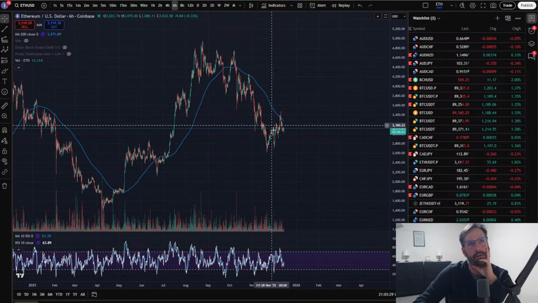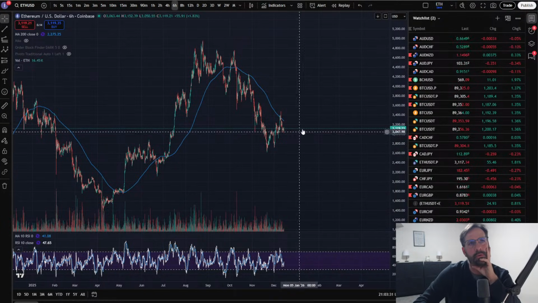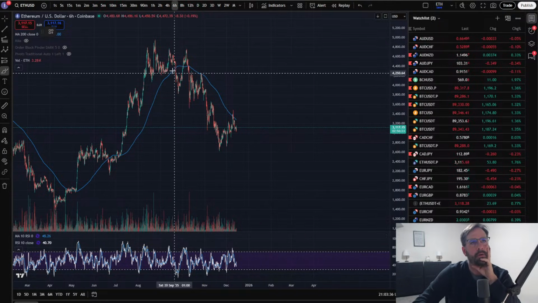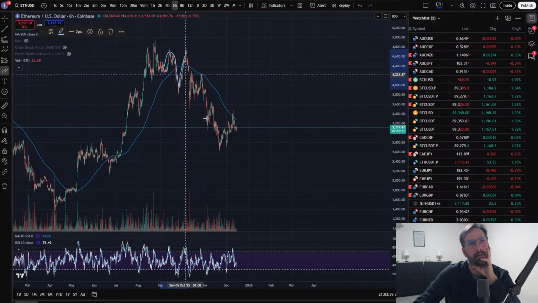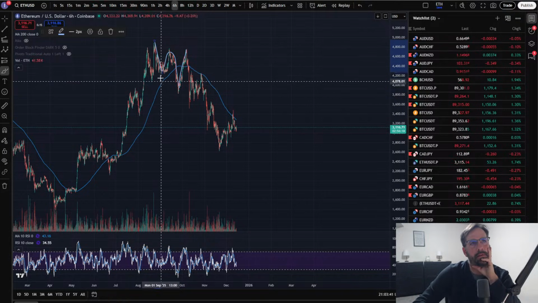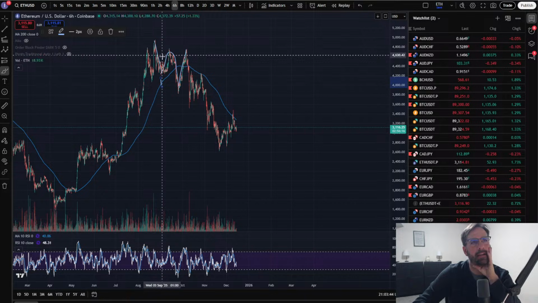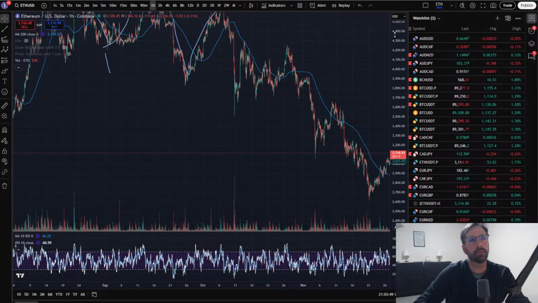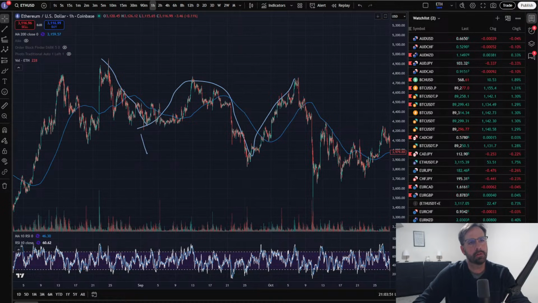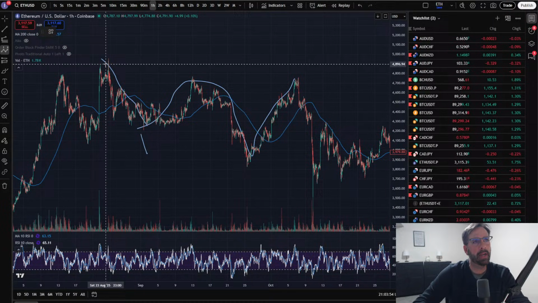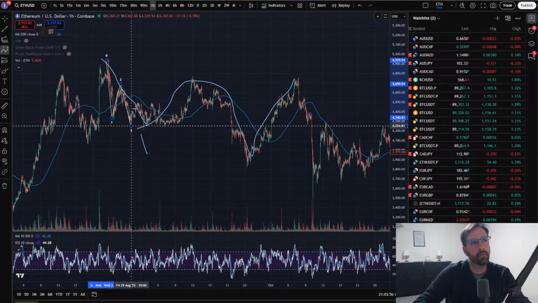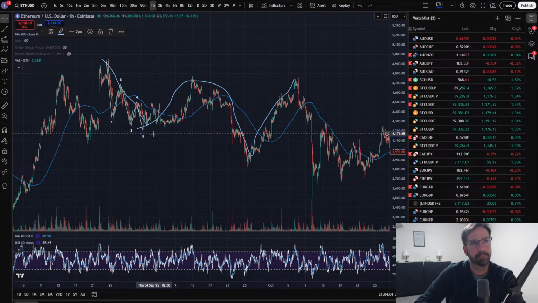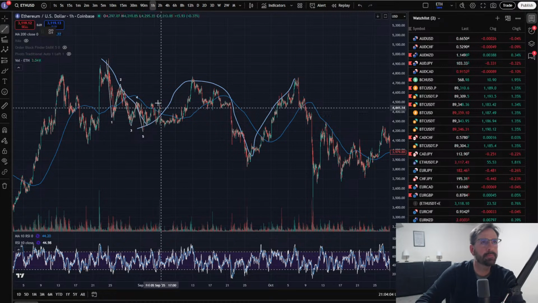Okay, so what's going on here? Is that a 1-2, 1-2 off the top? Looks like it could be. Or is that a flat? So there's 1. That's a leading diag. See, what's a leading diag? Well, it starts with 5 waves. It's expanding. 1, 2, 3, 4, 5. Beautiful. That's a beautiful leading diag. It's gorgeous.